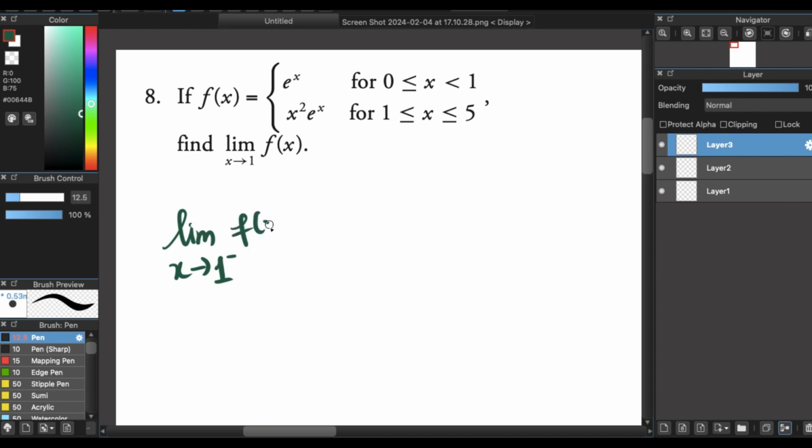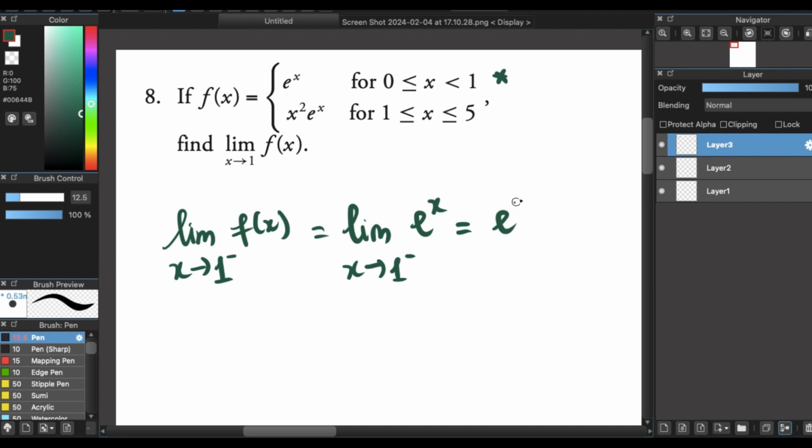Because x is smaller than 1, we have to take a look at this first equation. The function is like this,